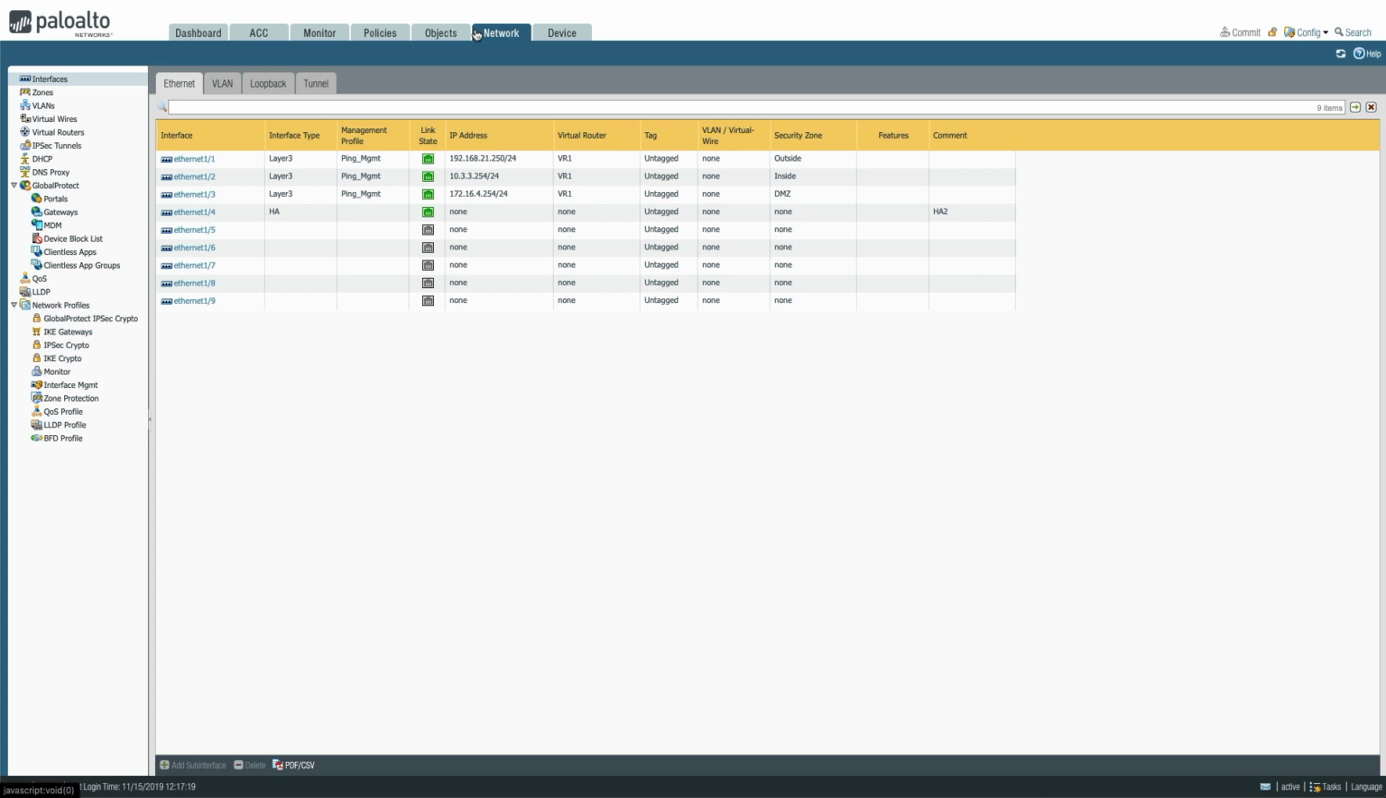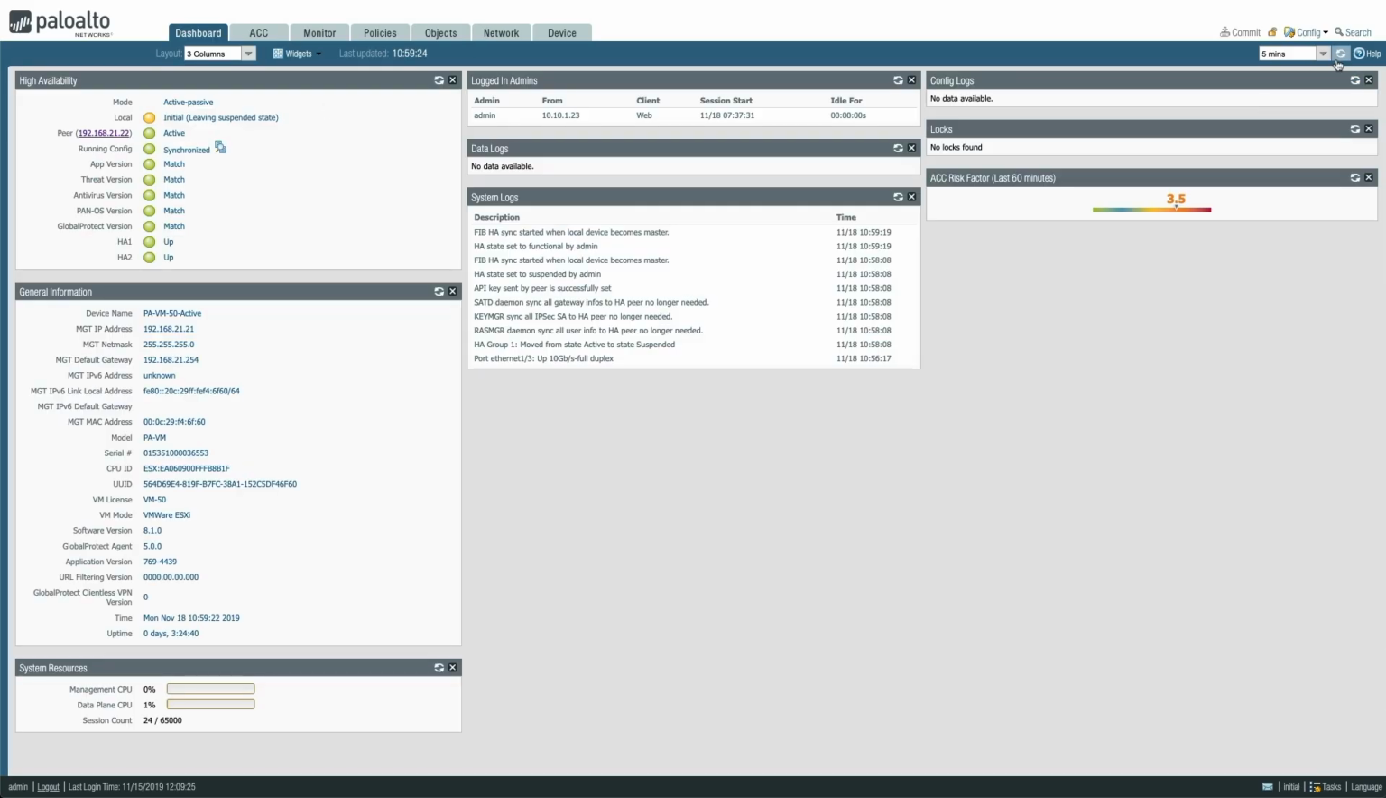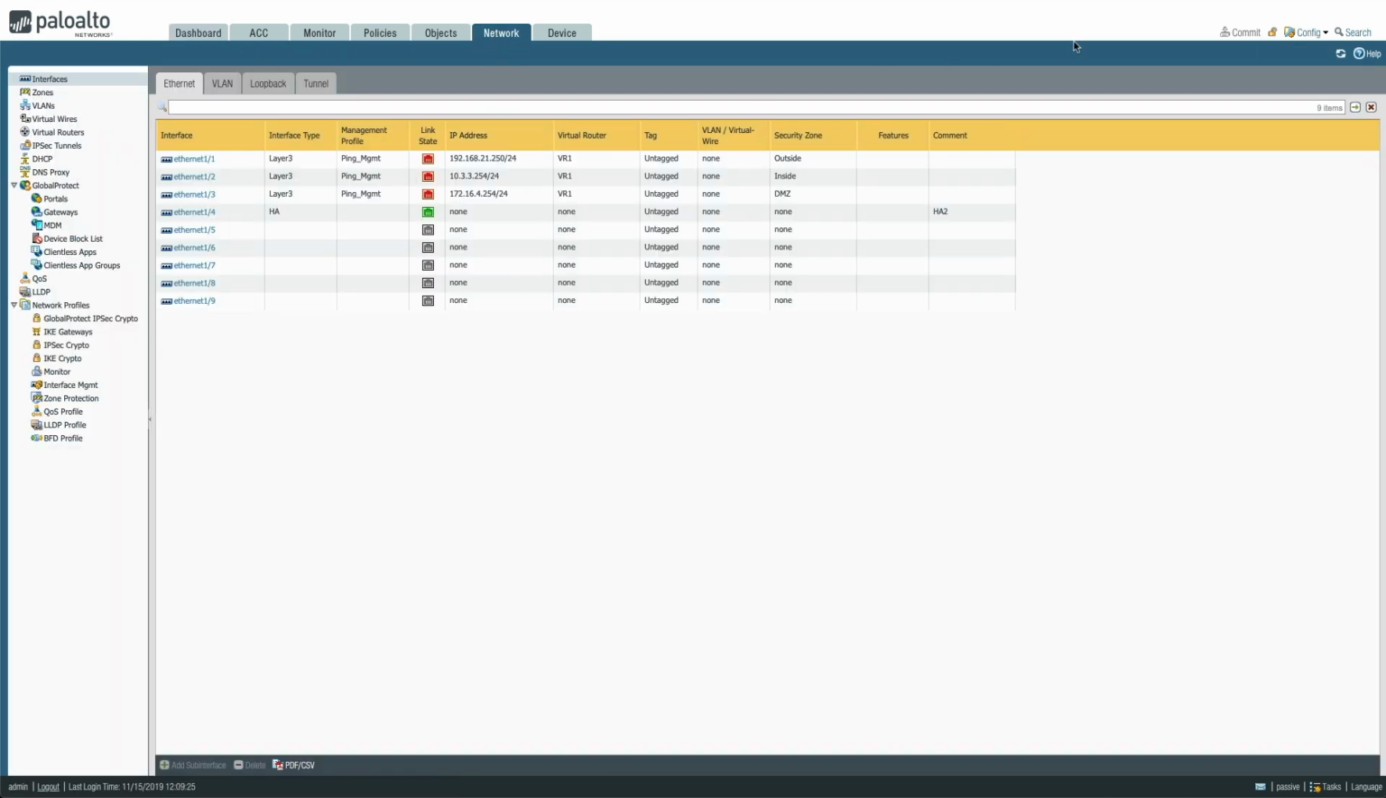It does take a little while, however, while this is going through the failover process, we still have communication. There is no traffic being dropped. Still got comms out to the default gateway. And if we refresh, still in the passive state on the primary firewall, and the interfaces are still showing down. Just keep refreshing,